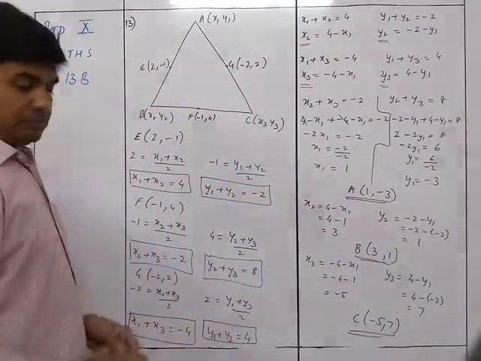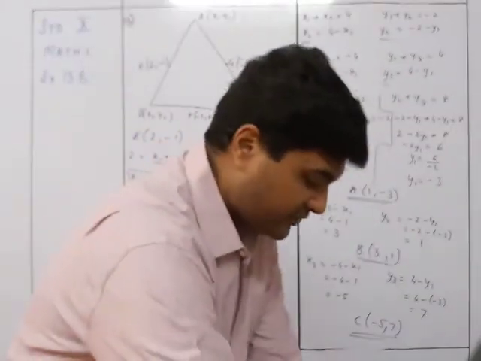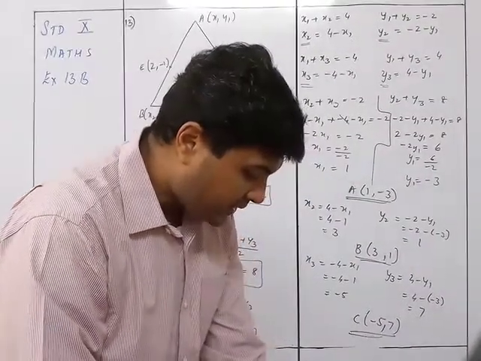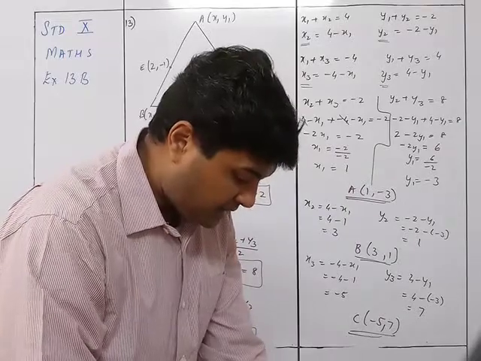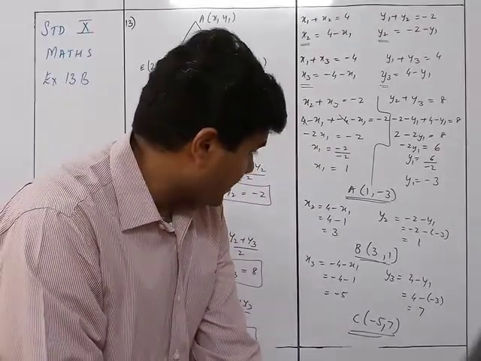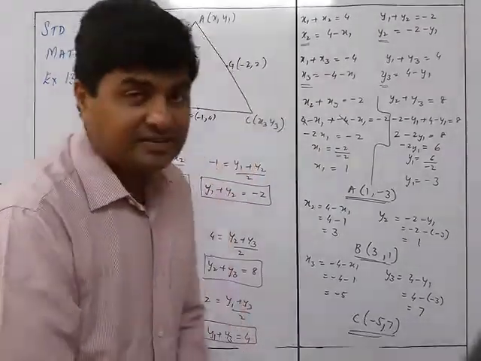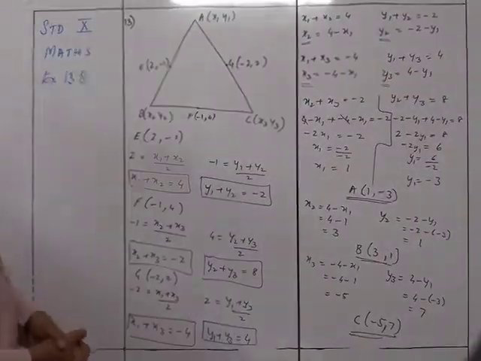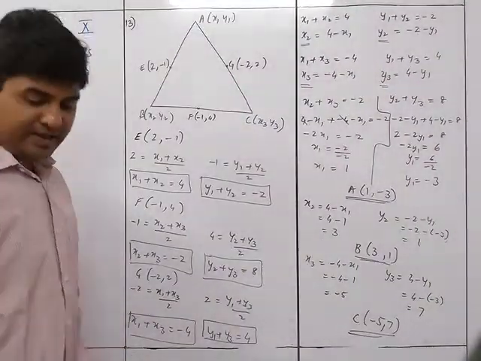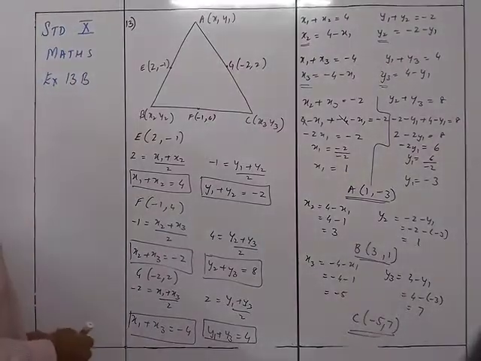Did you understand this? So let's check the answer first. So we have got over here sum number 13 is 1 comma minus 3, 3 comma 1 and minus 5 comma 7. Yes, I think I should make you understand this once again. So let me go through this completely.